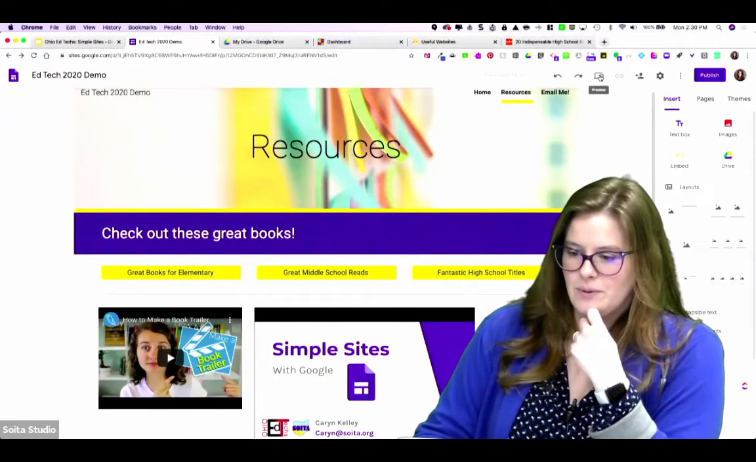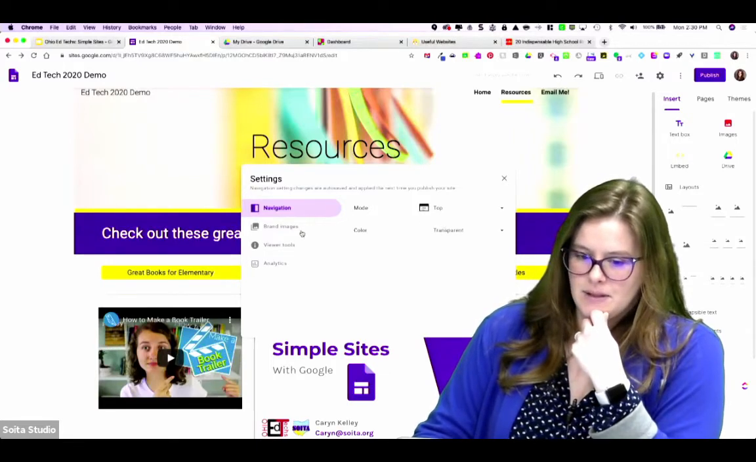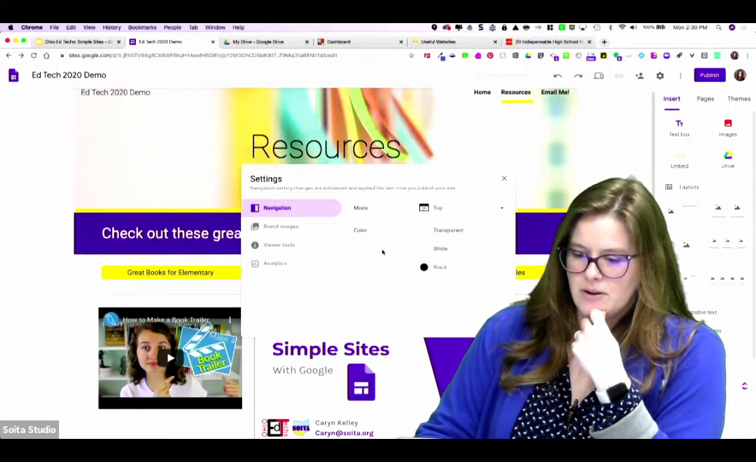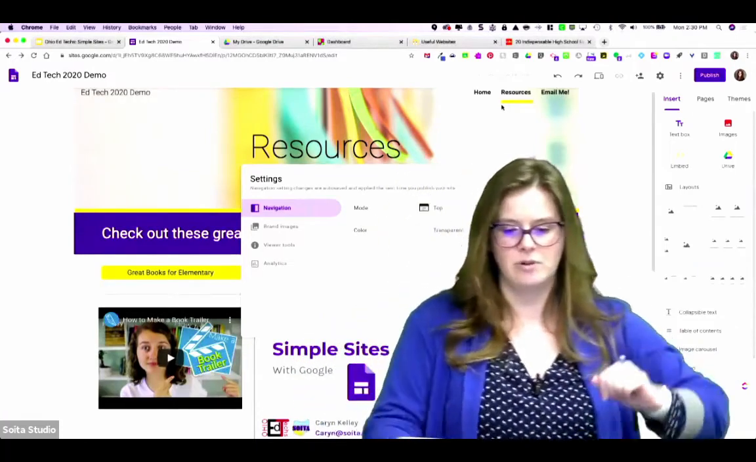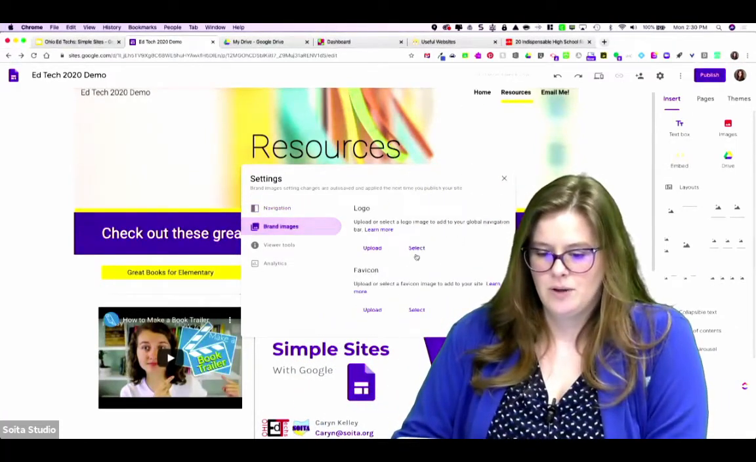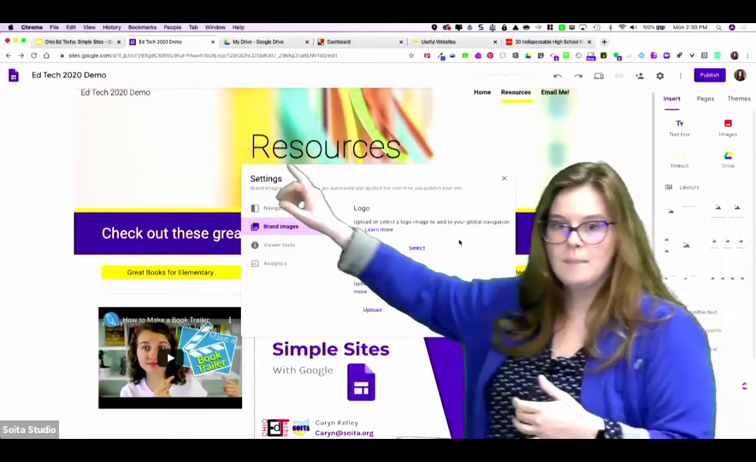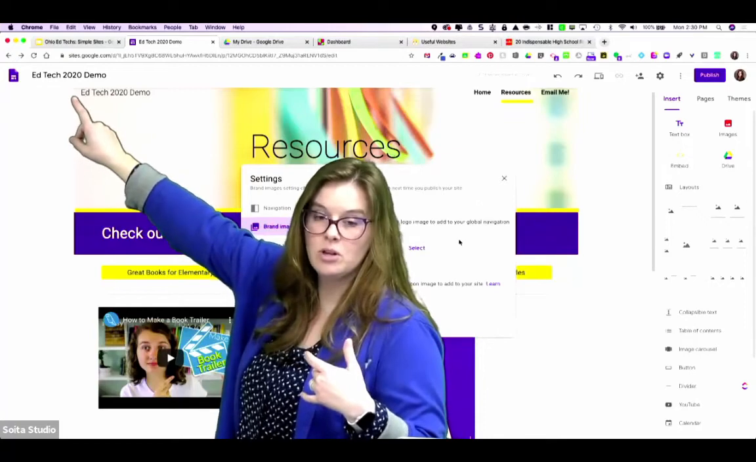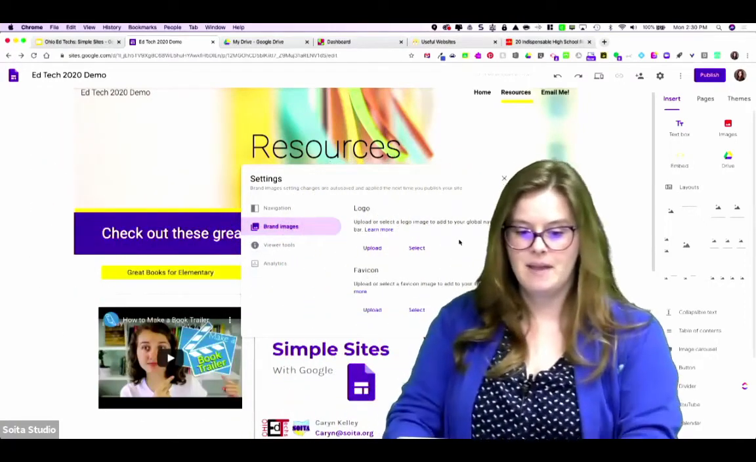All right, so we looked at the preview. You've got some settings in here. That's where you can choose your navigation, if you want top or side navigation, if you want your navigation to be transparent or a color. See, right now it's transparent because I can see my picture through it. You can add a logo, which will go up here, okay? And then if you add a logo, it will look at the colors in your logo and ask you if you want to make your theme